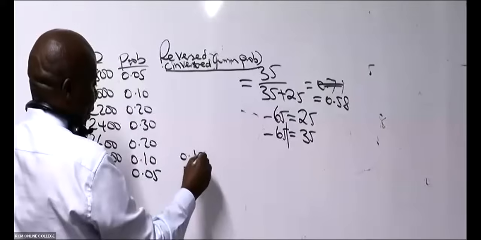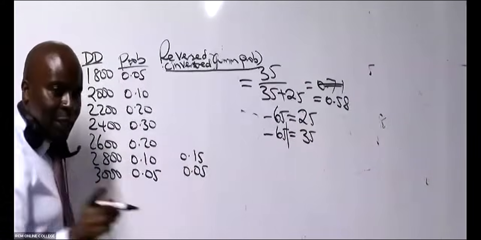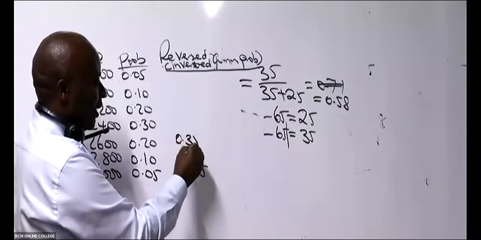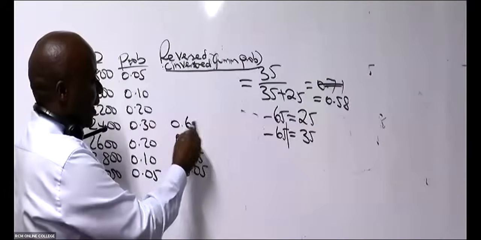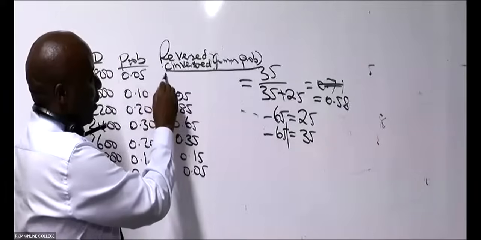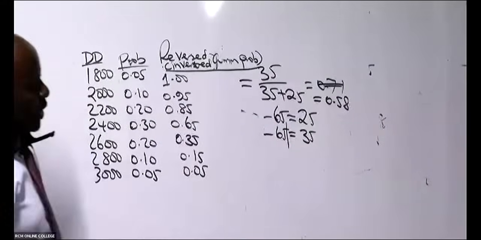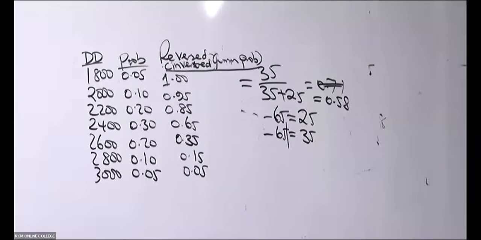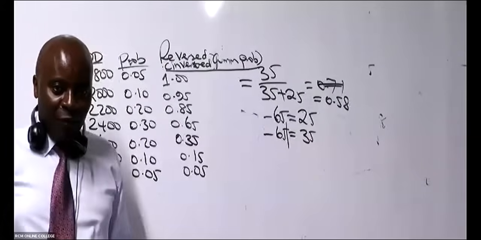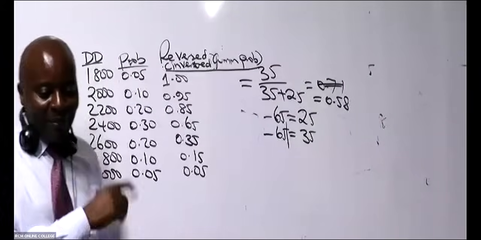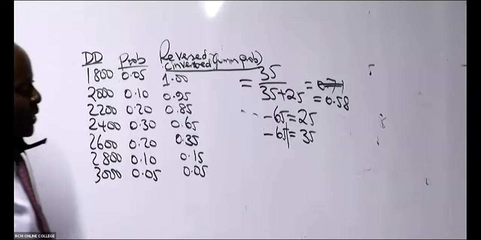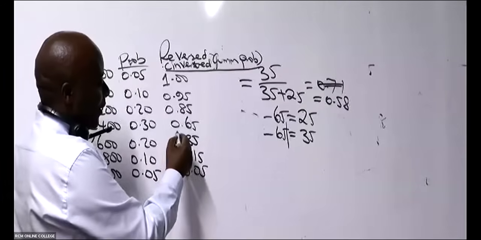So this will be 0.15, right? The next one, we are teaching together with you, 0.35, and so on, up to 1.00. If the last one does not add up to 1 in an exam, take a red pen and mark for yourself wrong. The last one must be 1. And then now you come and fit in the 0.58 here.